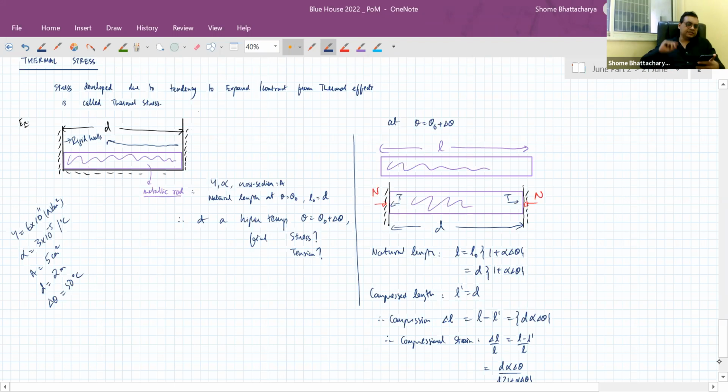So that is why it is extremely important to account for it. In systems where we have metallic parts, which are typically pretty long and subject to extreme temperature changes, we have to leave gaps with sealant in between to allow for thermal expansion. Otherwise, it will develop a large amount of stress and tension, which can cause damage and fracture also. A very good example of that is railway tracks.